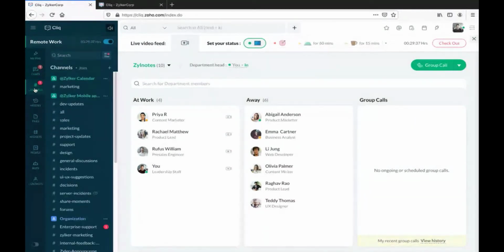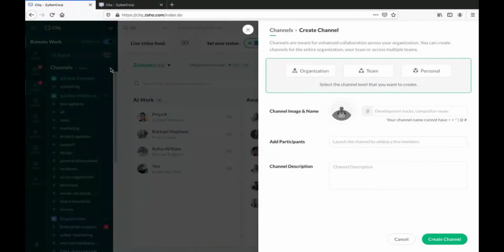So up next we have channels. But before we jump into channels, let me tell you what a channel is and what the types of channels available in Click are. A channel is one of the significant pillars for collaboration. In channels, we have roles and permissions that will help you to have a more structured way of conversation. You can build channels based on topics, departments, or you can simply discuss anything of your interest. Channels basically provide the space for your team to ideate, discuss, and post announcements.